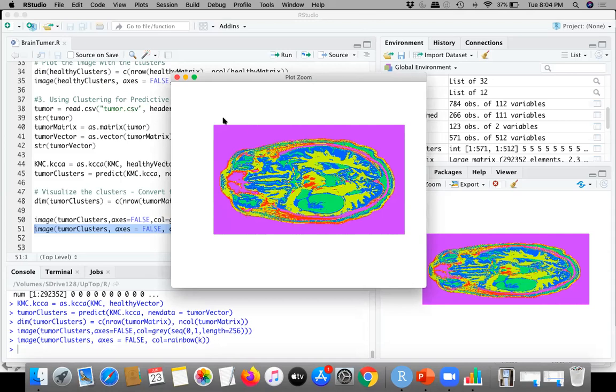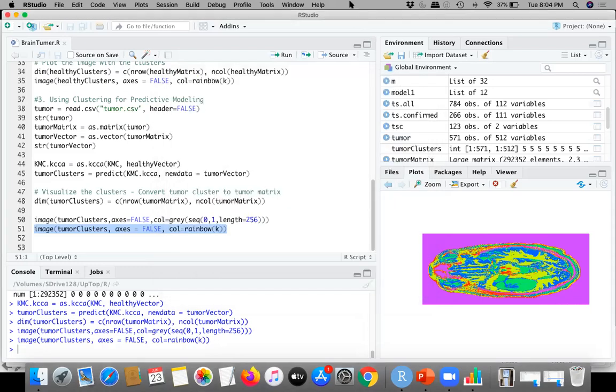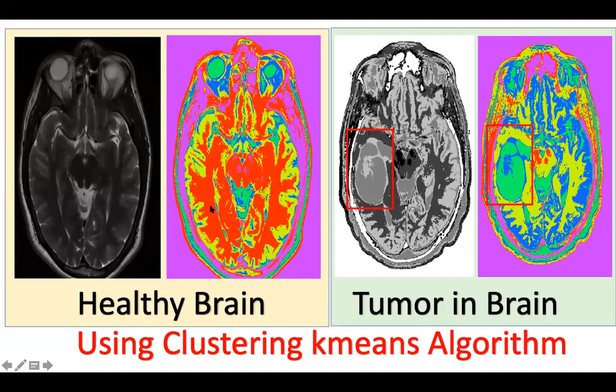So this is the way we can identify the healthy brain and tumor brain from any data set. We drew this from healthy.csv, and finally we got this tumor from the infected file, and this is how we can identify the tumor in the brain.